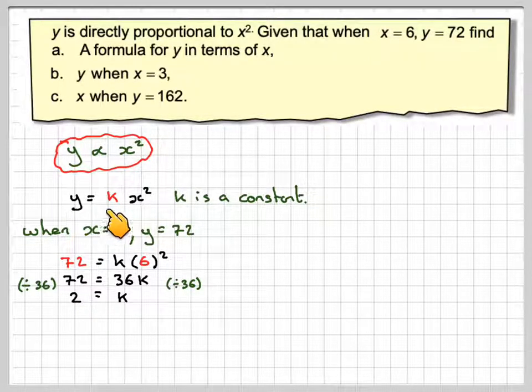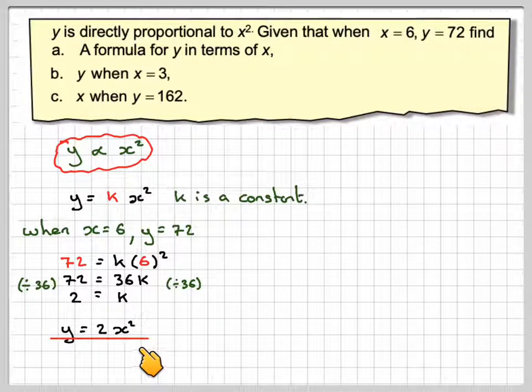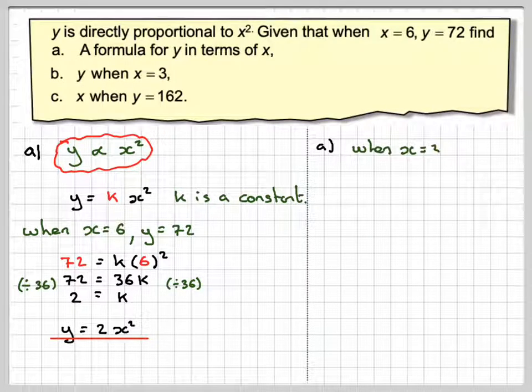Then we go back to this and write down our formula, but this time with my value of k in it. So y is equal to 2x squared. So that's part A. We have found a formula for y in terms of x. Okay, for part B,